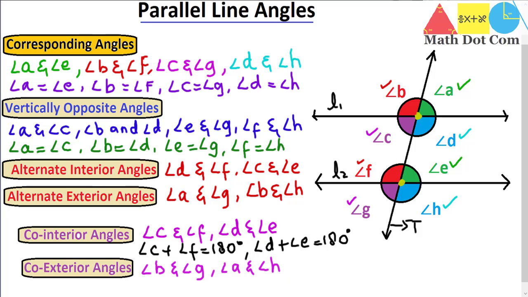So co-exterior angles also have the property that when you add them up, the sum will be equals to 180 degree. That is, they are also supplementary in nature, and as they are also lying on the same line, that's why we can say that their sum is 180 degree. So angle B plus angle G be equals to 180 degree, and angle A plus angle H will also be equals to 180 degree. So this was all about all the angles that are formed when two parallel lines are